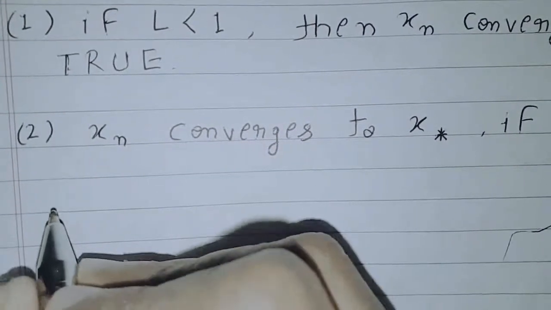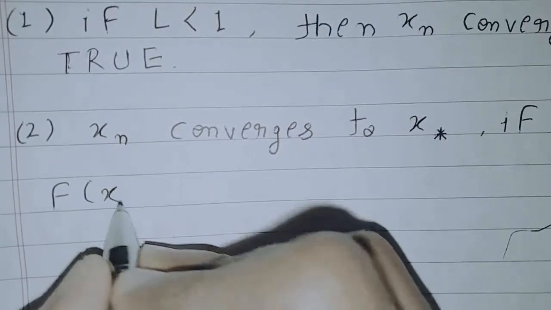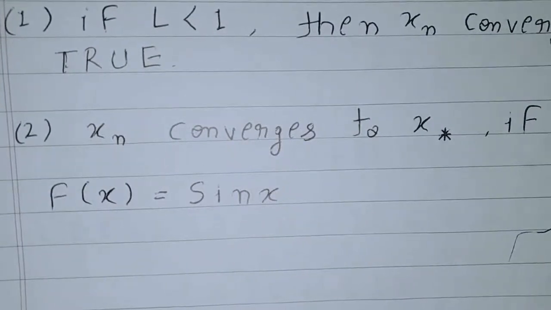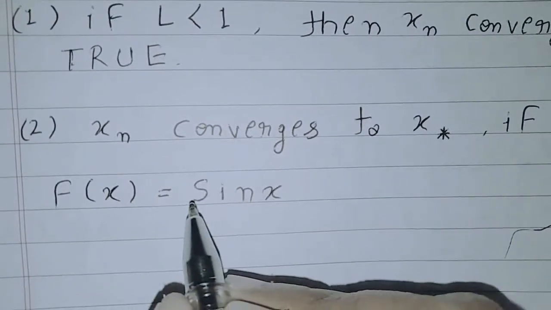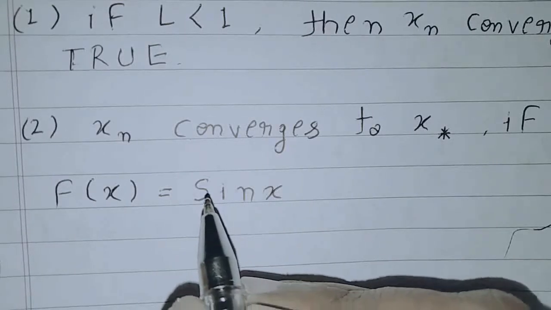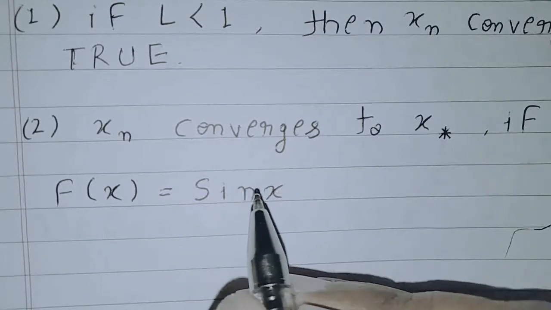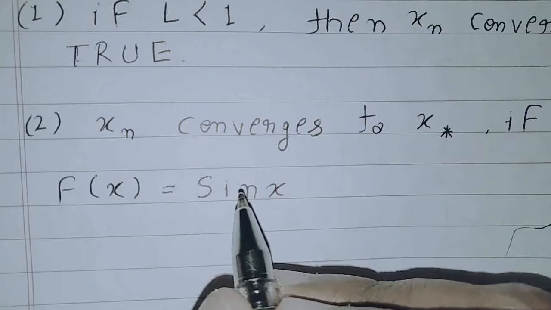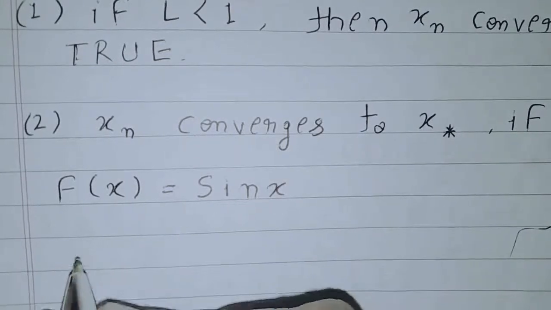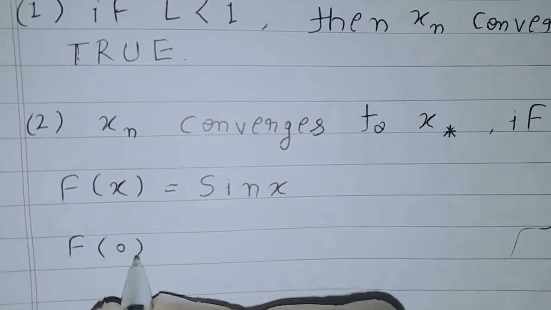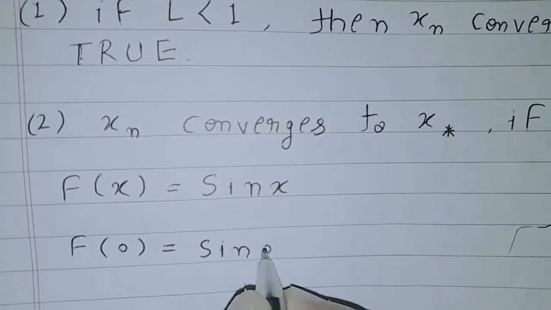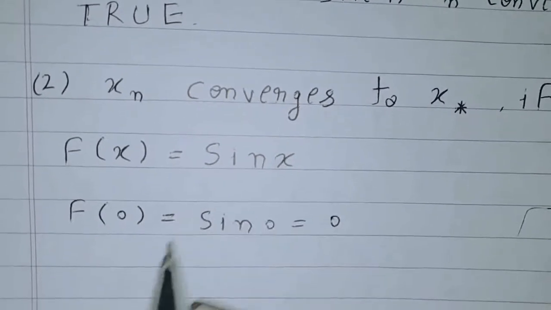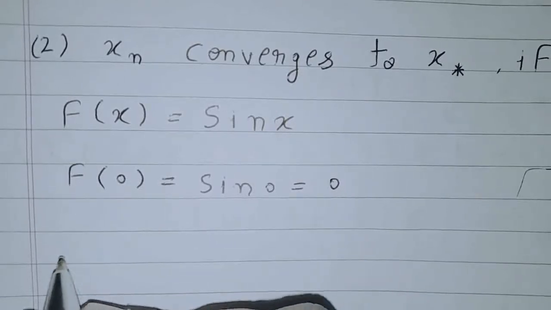Let us take a particular example and we set f of x equals sin x. Now we know that sin x is a function which is twice continuously differentiable. Also over the closed interval 0, 1 this function possesses a unique fixed point which is 0. Now we use this function sin x and then we find out that the maximum